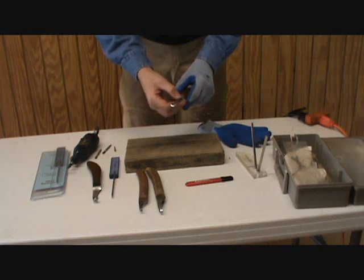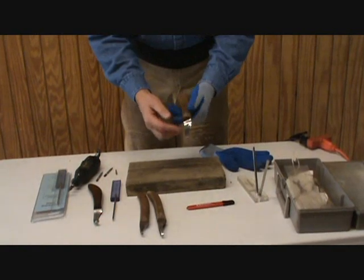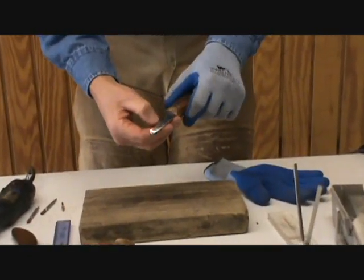Well, we're not there yet. It's not very sharp at this point. And I also have a little bit of a burr on the back side. Now,